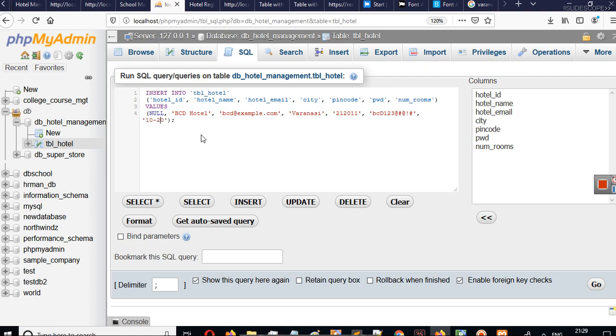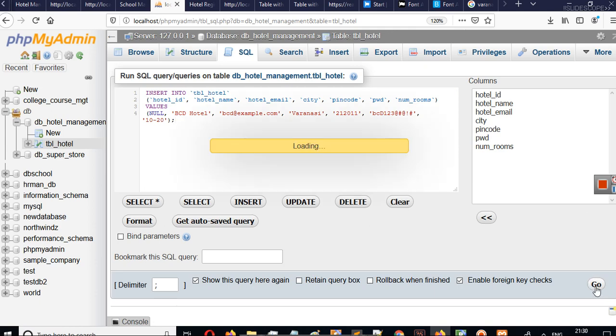Again, I will show you some more details about this also, but you can simply go to your table and look here. The server is 127.0.0.1. That means it is our local host. Database is db underscore hotel management, in which we are working right now. The table is tbl underscore hotel, and now we can insert some data here.